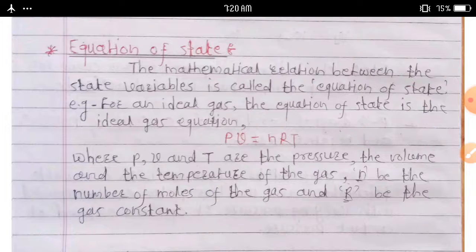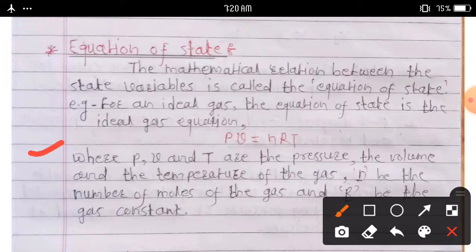The mathematical relation. What is meant by equation of state? The mathematical equation between the state variables is called the equation of state. For example, for an ideal gas, the equation of state is the ideal gas equation. We write here PV = nRT,